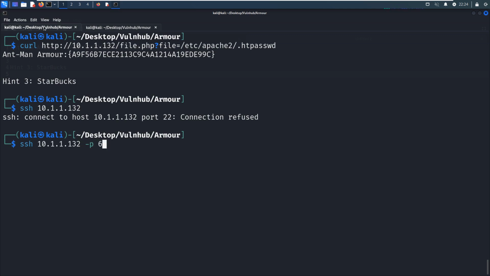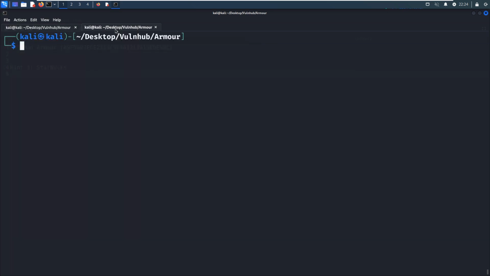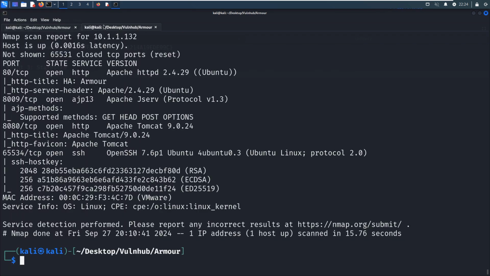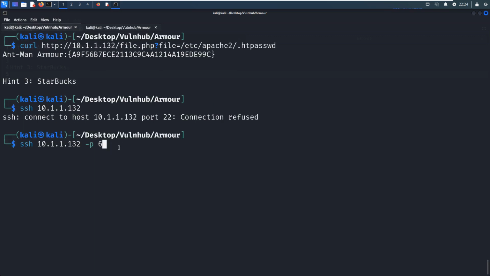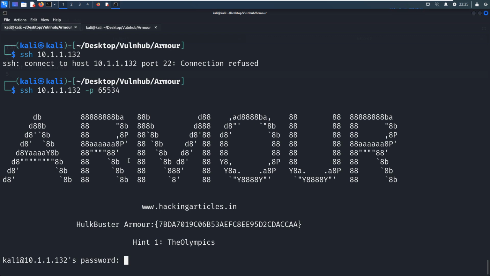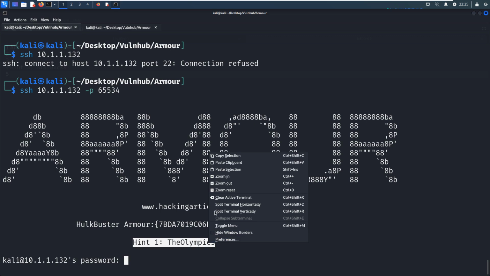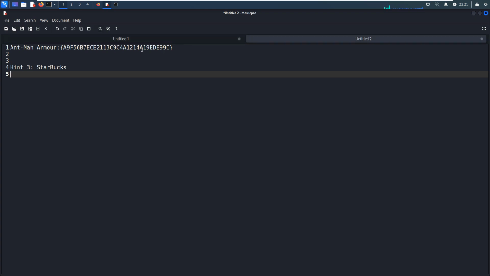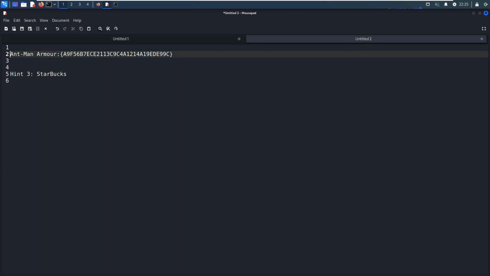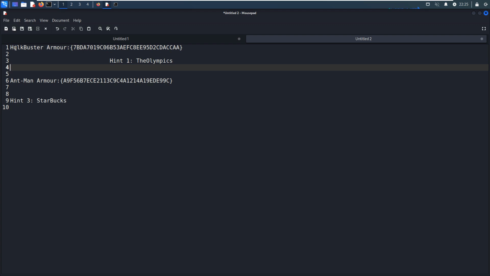So what's the port number? We can copy and paste it over here. And actually, we can get the first link, and also the armor. Okay, so the hint.